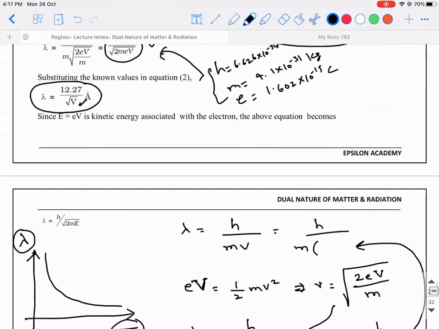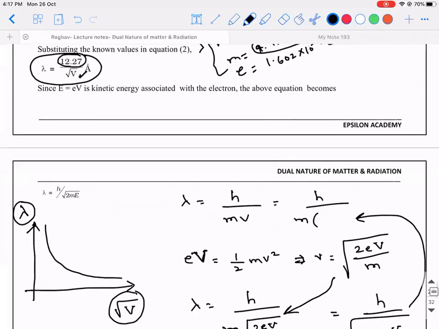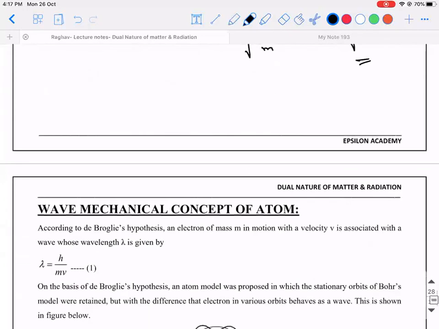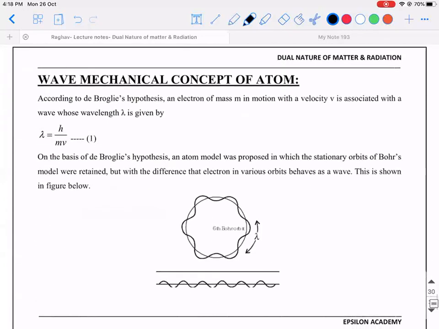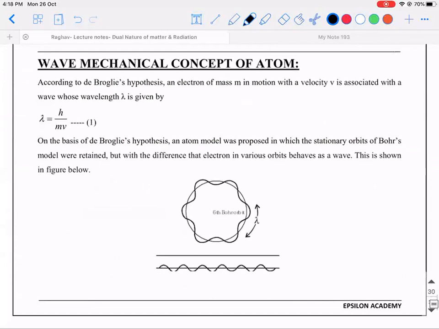So one important aspect to be noted, I've seen this as a common mistake. That's why I'm telling you. This 12.27 will come in the numerator only if it is an electron. Suppose they ask you what is the de Broglie wavelength of a proton, it is not going to be 12.27. What is the reason for it? The mass will be different, okay? So please be careful with it. If they ask something like this, you calculate and have the value ready. Mostly they will ask about the electron only, if at all it comes. You read the question carefully. Okay. Next is